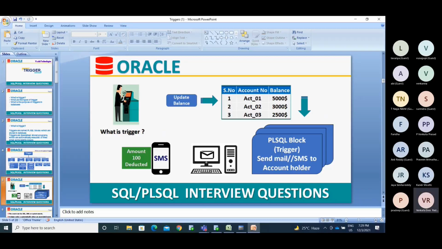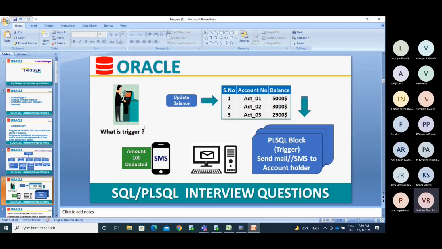You can send mails using Oracle; we have a package, UTL_SFTP, and using that we can send SMS directly to users, on your mail or mobile.